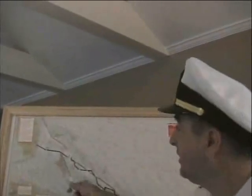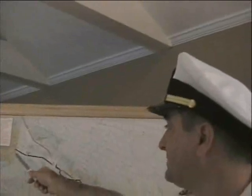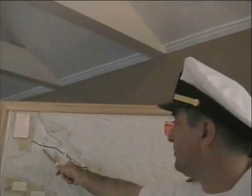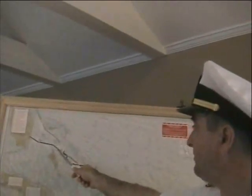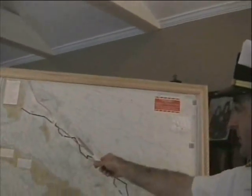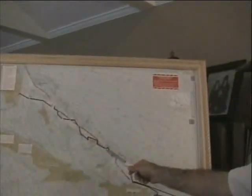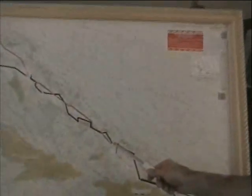This is an actual nautical chart that we used during our voyage. From Hollywood, Florida, the black line carries us south to the Bahamas, across the Banks, across the Exuma Sound, through the Out Islands, across the Caicos Passage, through the Turks and Caicos Islands, down to the Dominican Republic,